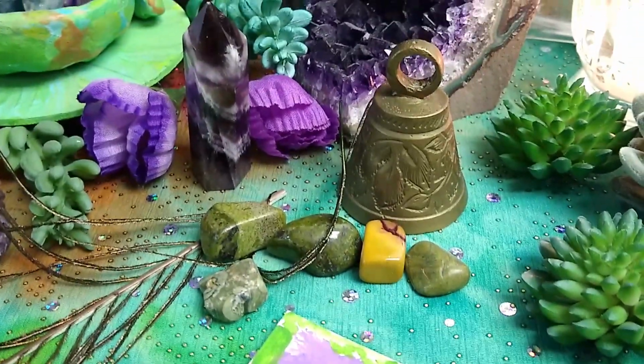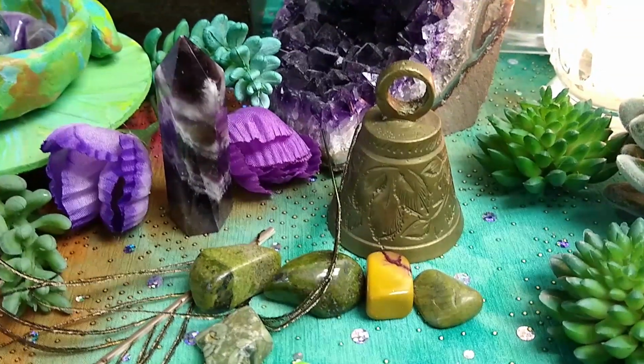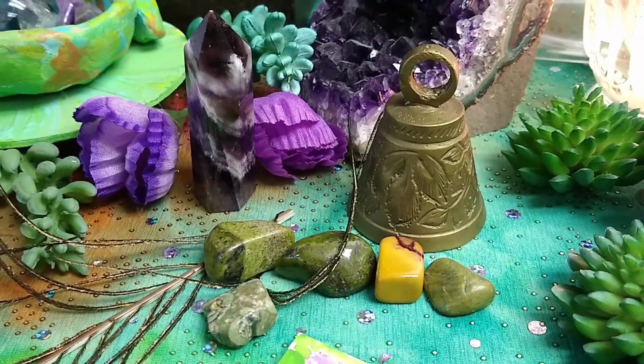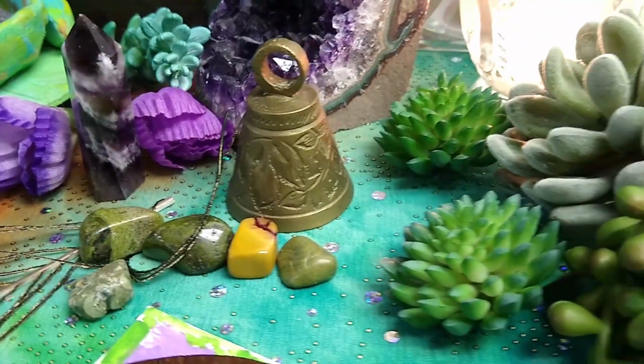I've also added some serpentine, rainforest jasper, and yellow jasper, along with a small brass bell. The bell can be used to call the attention of the goddess, and I typically ring it 3 times as I light my incense and